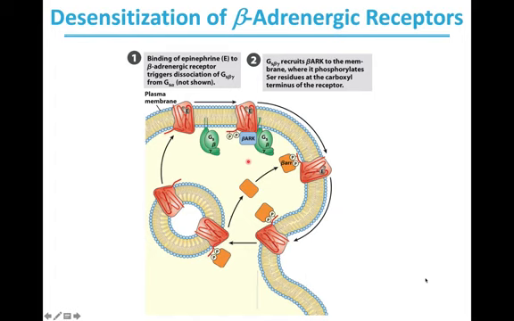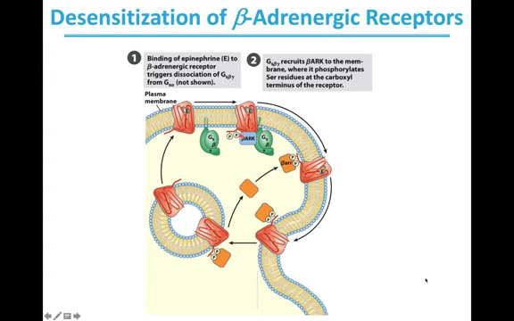PKA that is activated by cyclic adenosine monophosphate sees BARK as a substrate, and phosphorylation of BARK activates it, and it binds to the Gs beta gamma subunit, and the Gs beta gamma subunit recruits BARK towards the beta adrenergic receptor. At this point, BARK, which is a kinase,